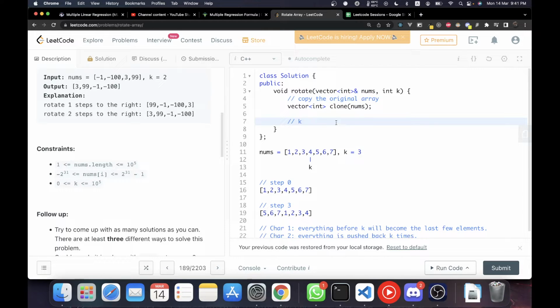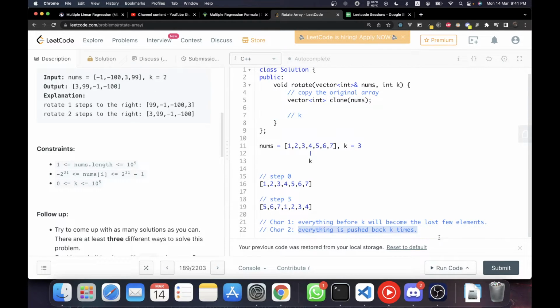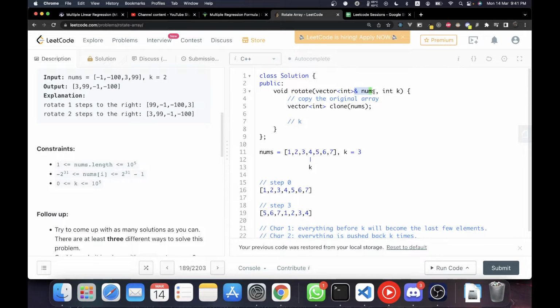And if we try to push back an element k times, and k is actually larger than the array size, then we'll have a problem because you're trying to push the element until it's out of the array bounds. We have to make sure that this condition holds: k must be smaller than